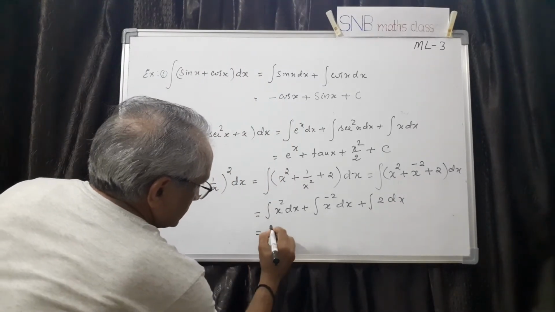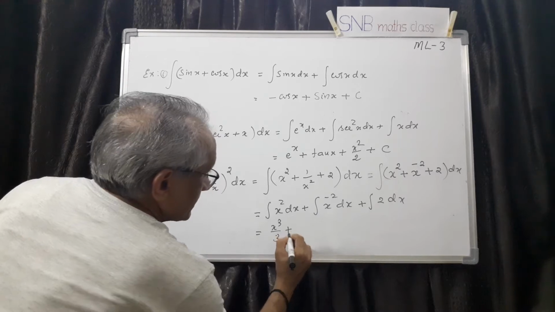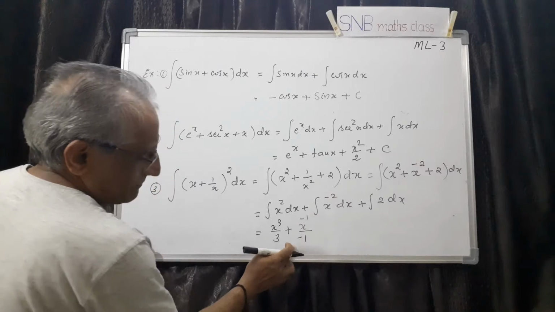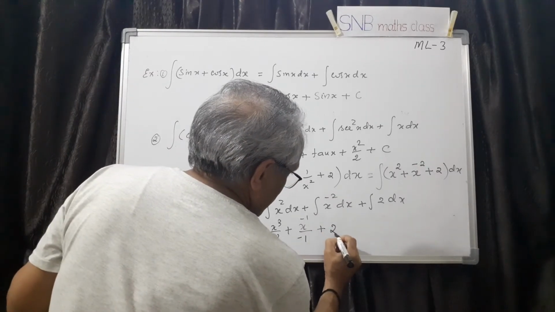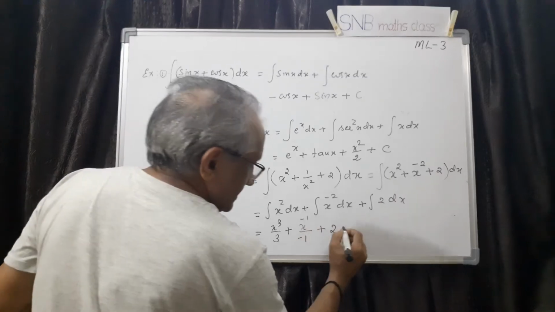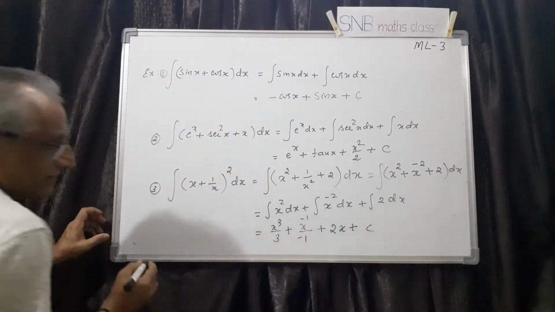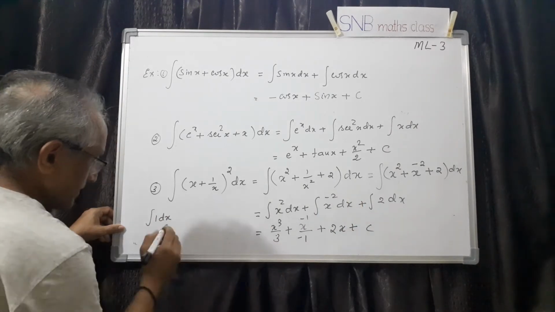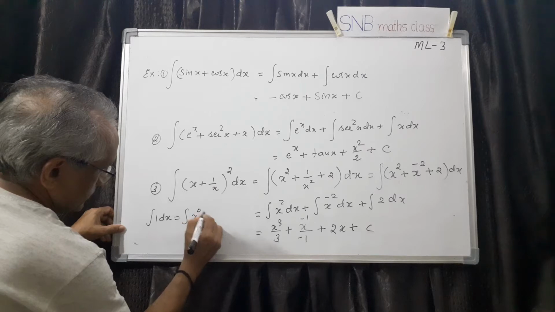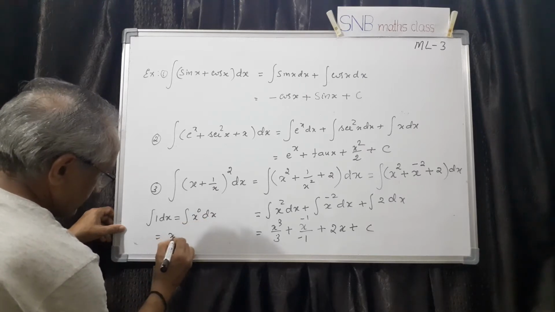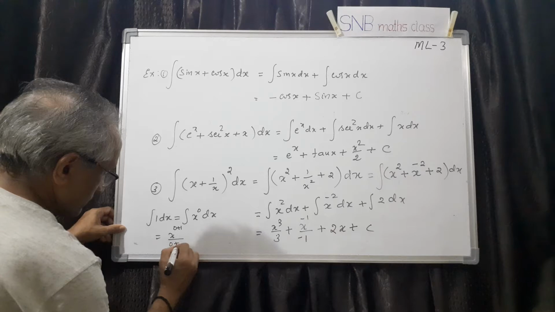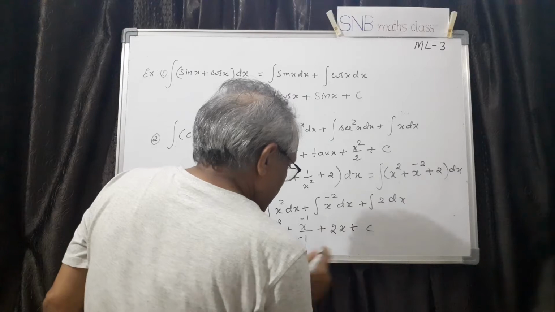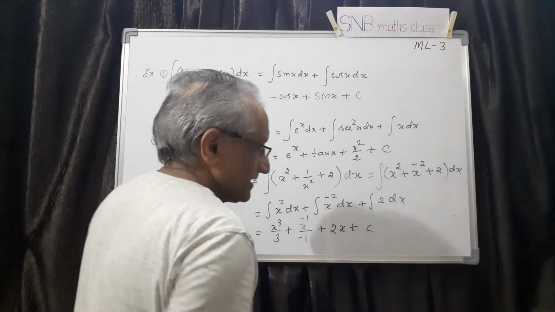So this is, first one is x cube by 3. Second one is x power minus 1 by minus 1, because n plus 1 by n plus 1. Then 2, actually 2 is a constant, you can take out. Integration of 1 dx is x. So plus c. Let me recollect once again. Integration of 1 dx, 2 comes out here. This is same as x power 0 dx. And if you apply the formula, it is x power 0 plus 1 by 0 plus 1, which is x. I have made it very clear in one of the previous sessions. So this is the answer. Of course, this you can write with minus here. That is the final answer.